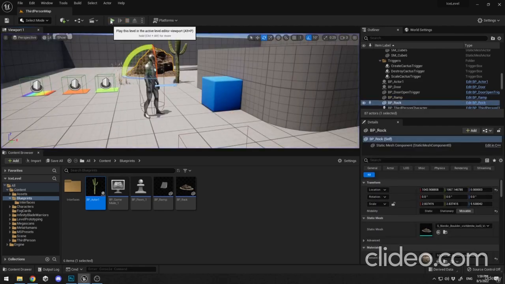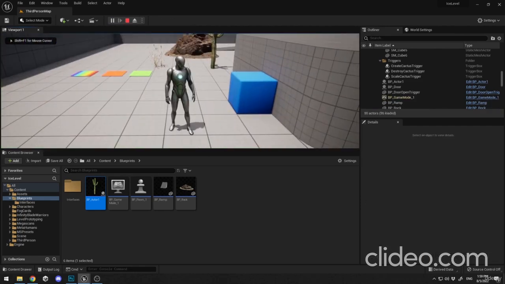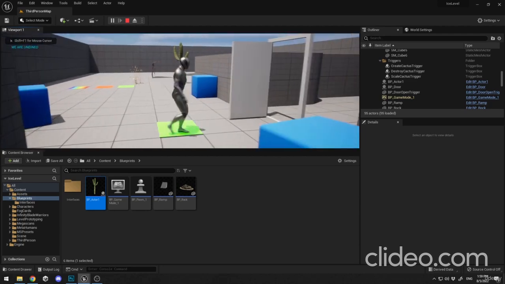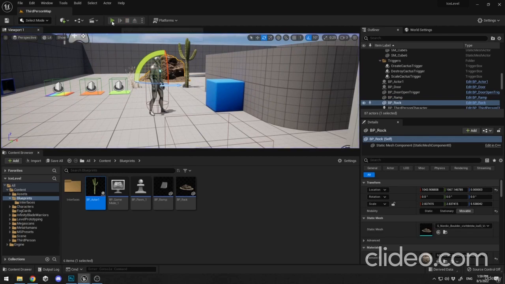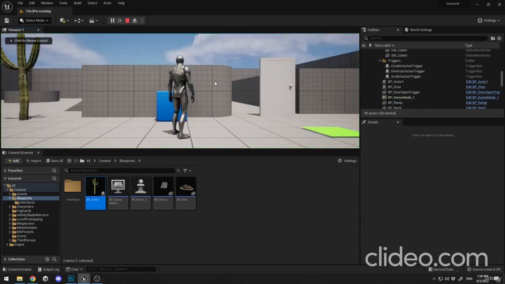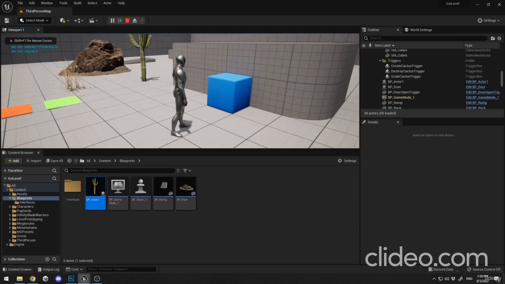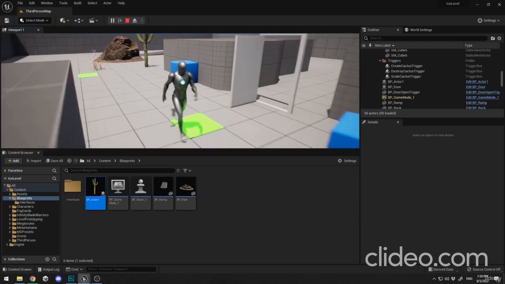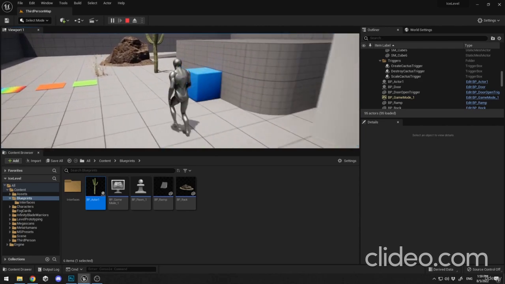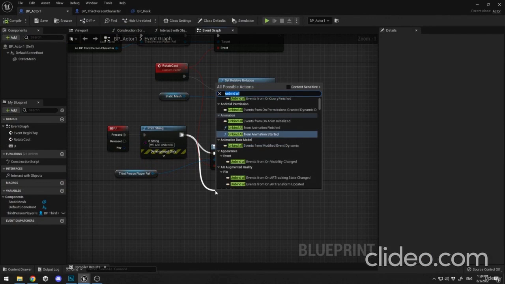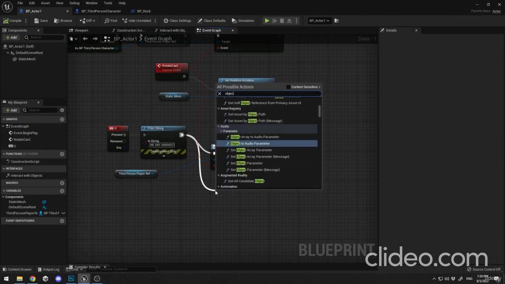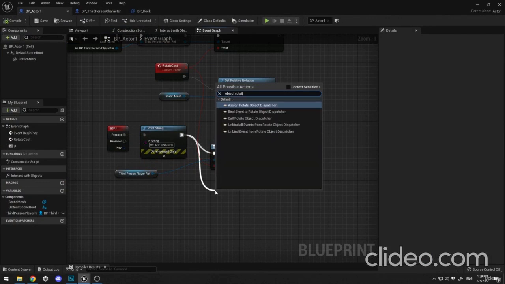All right. If I hit again play, I hit U. Our rock is rotating, our cactus is not. All right. And if I hit play, I hit U, and I hit I. We are unbind from the two events. All right. Pretty cool. And if I go to my cactus and here, let's here say object rotate, and we